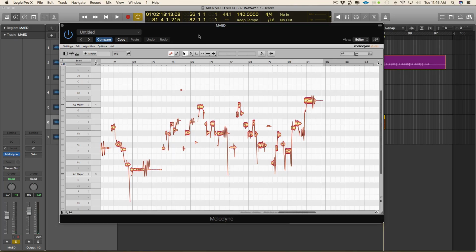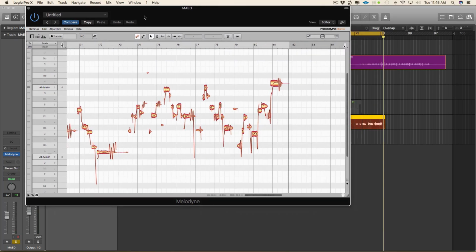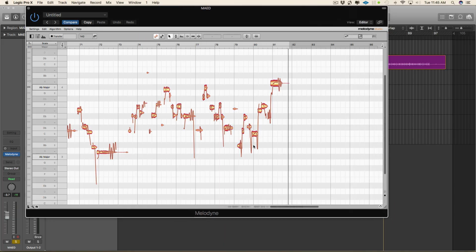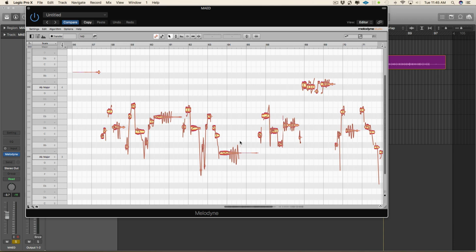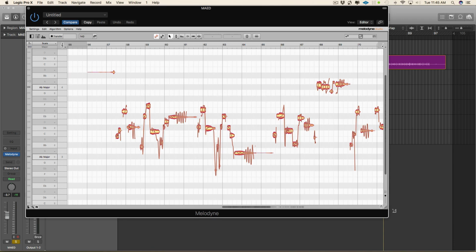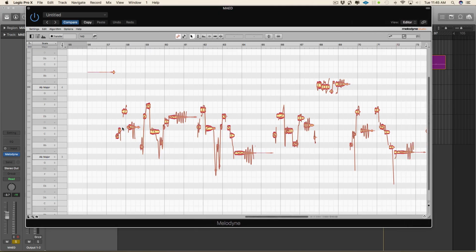Cool. Okay, so let's look at this. Here are all of the nice blobs, and we're going to go over basically the main tools that I like to use. Now, first things first,